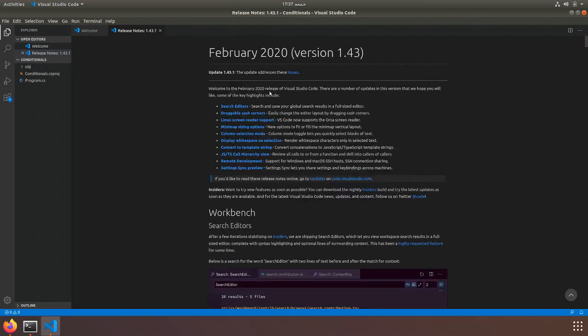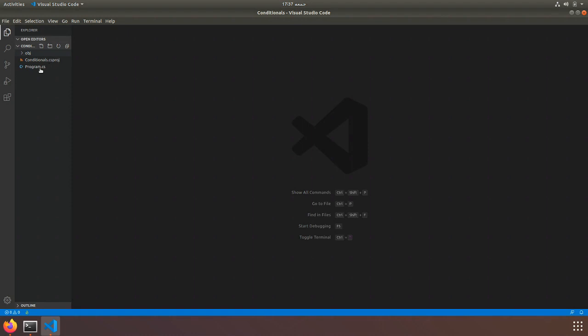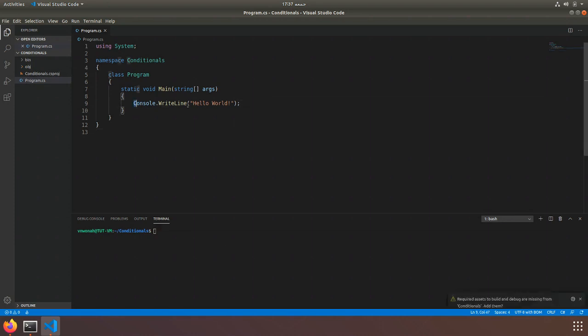Okay, so I'm showing this page because I just updated my Visual Studio Code. You might not see it, so you can just close the welcome page and go straight to program.cs. Now I don't see my terminal here. To bring up my terminal, like I said, I just hold Ctrl and backtick, and my terminal is going to show. I'm going to take out this line of code here,